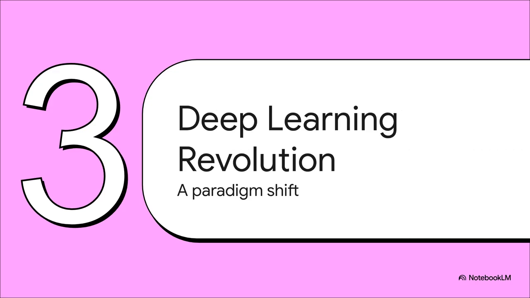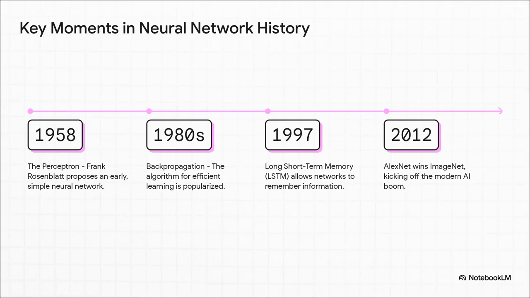And the ability to automatically tune those thousands or even billions of parameters is exactly what sparked the deep learning revolution. Decades of theory suddenly slammed into a massive increase in computing power, and that changed technology forever. But this revolution didn't just happen overnight. The core ideas actually started way back in the